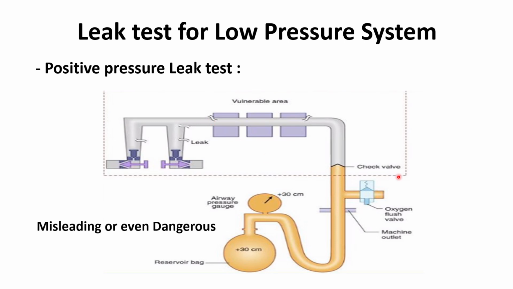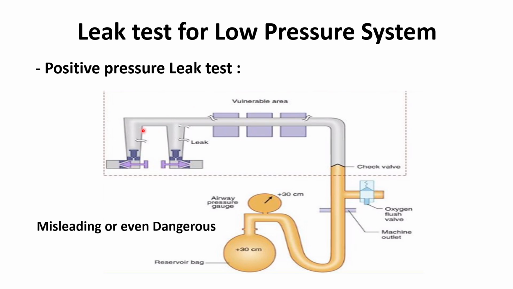Why did we invent this valve? As we know from the vaporizers session, this valve prevents the pumping effect when the patient has high pressure inside the chest, like coughing. So it prevents the pumping effect on the vaporizer. Okay, so this check valve could be misleading, suggesting there is no leak when there is actually a leak